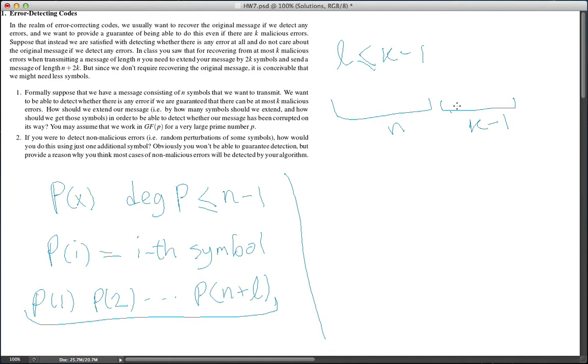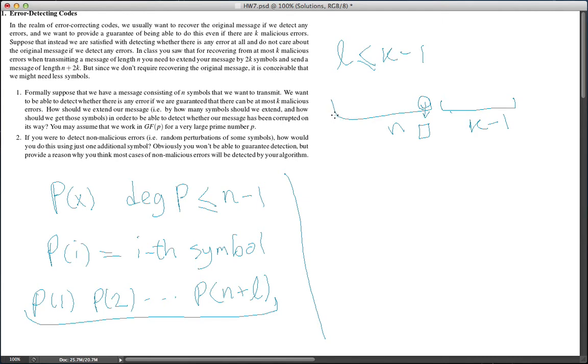Now suppose that an evil guy is changing our symbols, and he's going to first change the last symbol we had in our message to something else, like this value that I'm going to represent by a square,